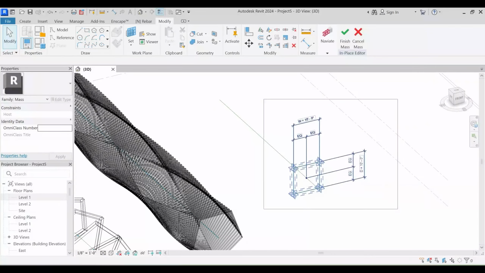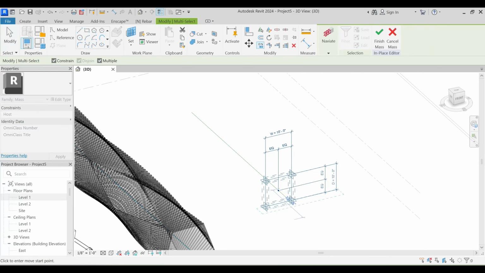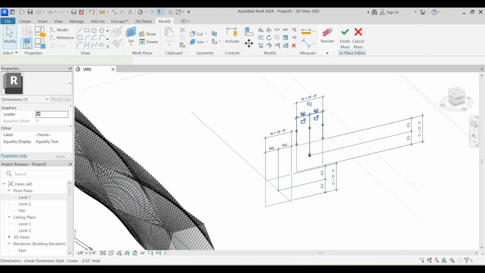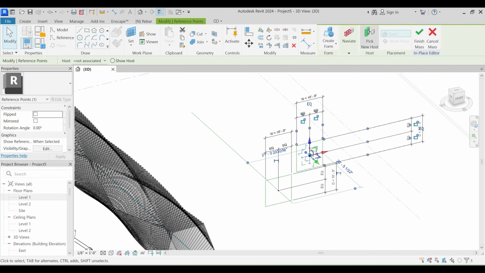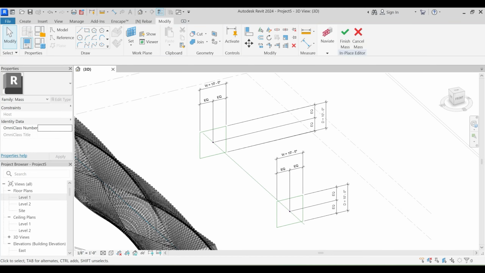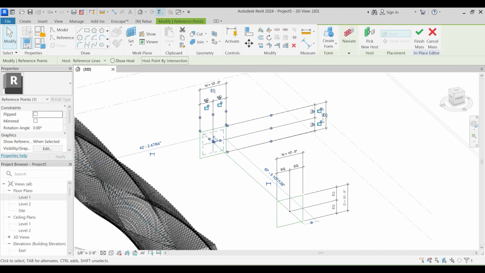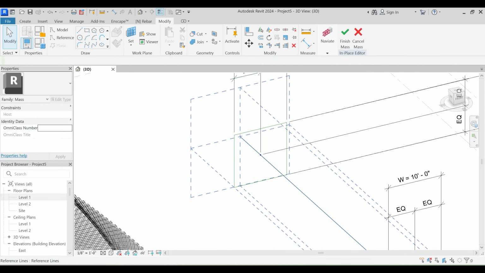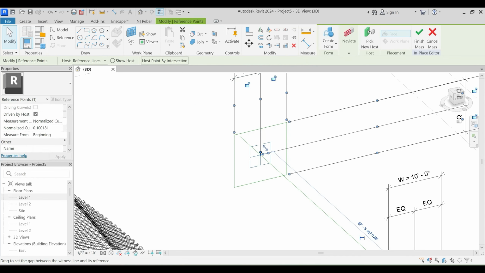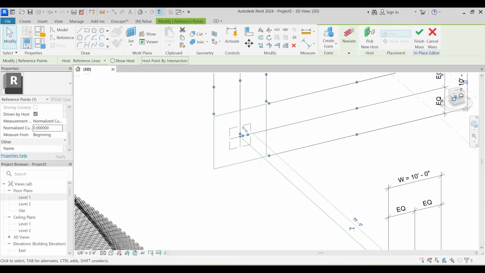Okay, now what I'll do is that I'll select this entire thing, CEO, and move it somewhere outside. Select this particular point and say that pick new host and host it here. Fine. This I'll select, and since this point, the normalized curve parameter of that is near to 0, so I'll turn this to 0. And likewise, I'll select this, and this is closer to 1, so I'll turn it to 1. Fine? Fine. Next is, I'll just select this particular reference line, 1, 2, and 3, and just say that create